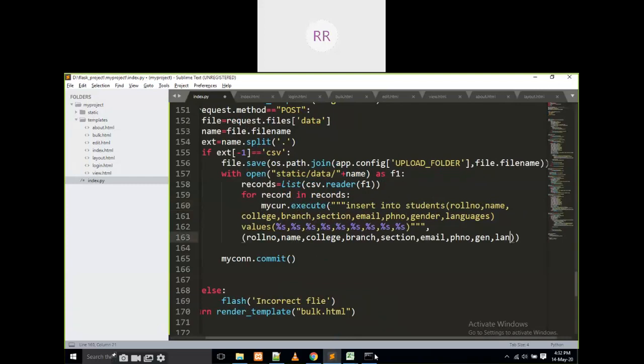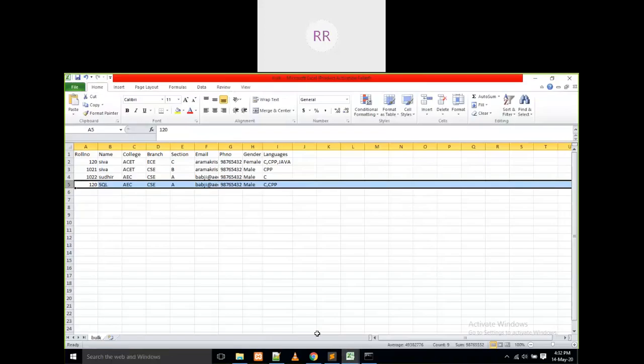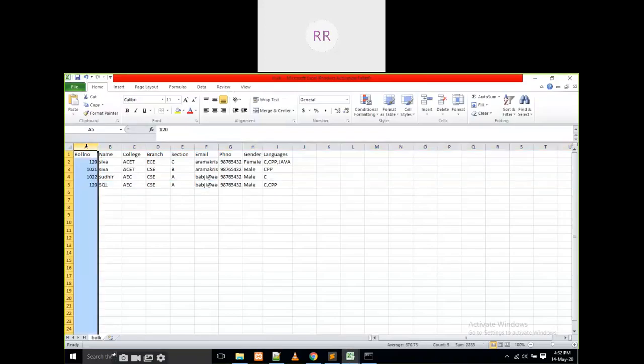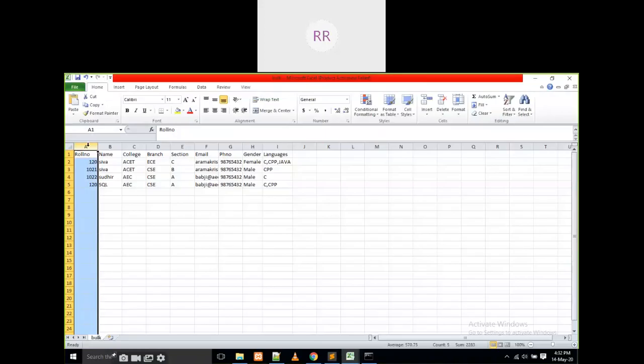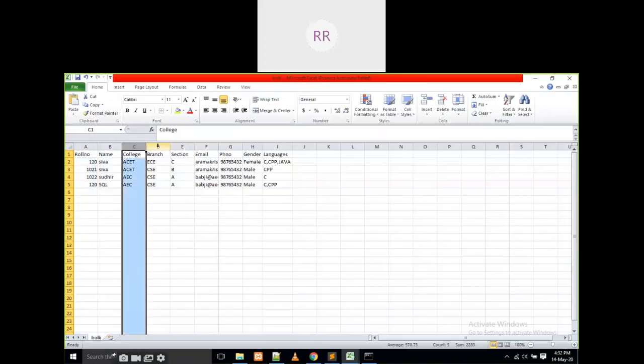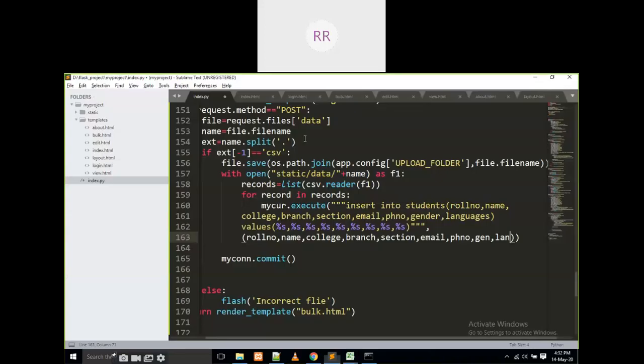What are these fields? If you observe here, this is roll number, name, college. Is it in order or not? First of all, this is record of 0 position, first position, second position, third, fourth, fifth, like that. That means the roll number is replaced with record of 0th position.